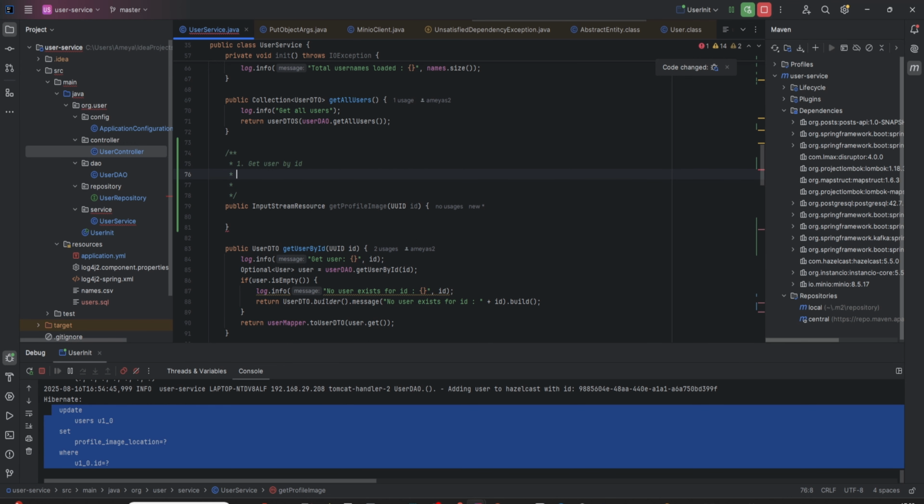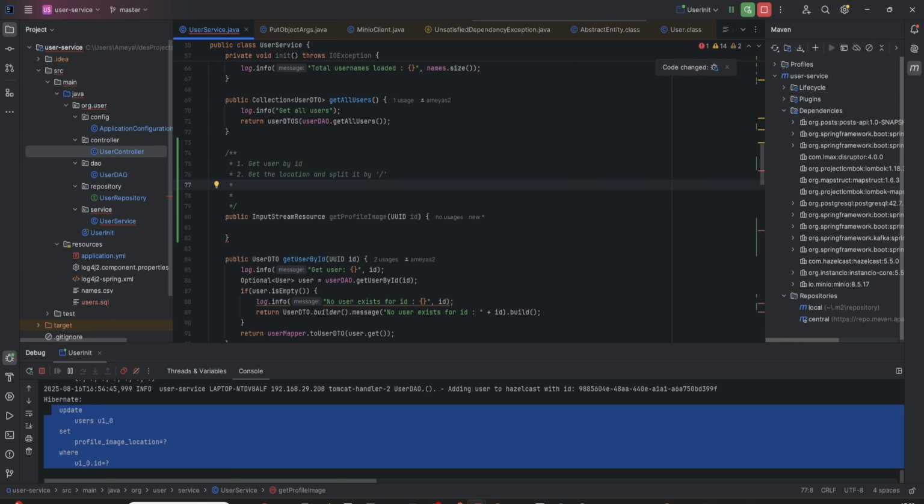Then we already have the bucket location with us, and we have to split the location. So we have the ID slash file name, right? Split it by slash, and then get